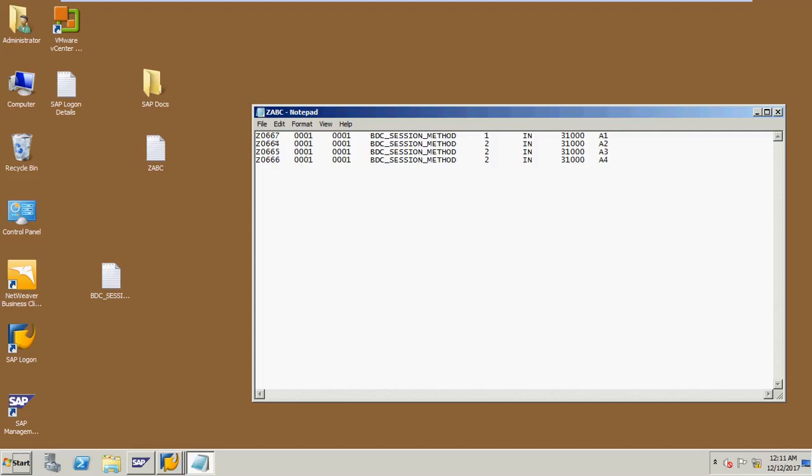I will change the value in my flat file to 67, 68, 69, 70. Now save it.